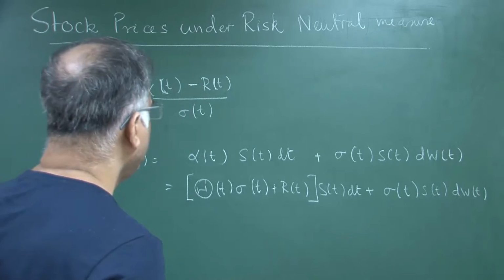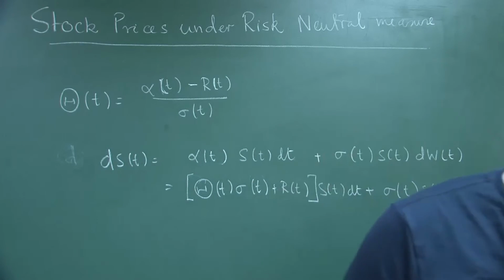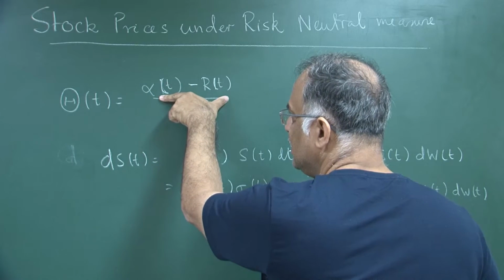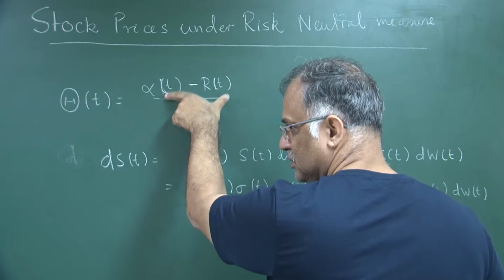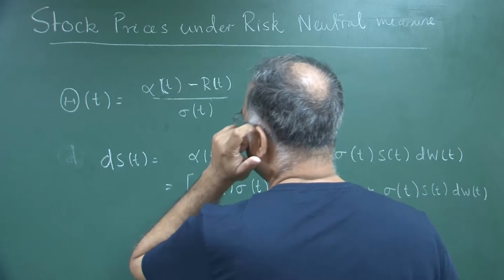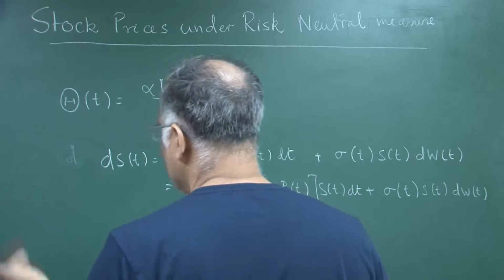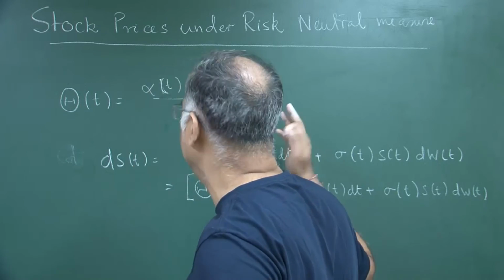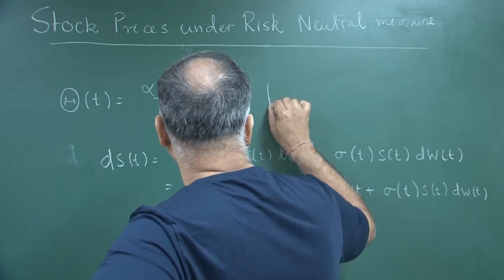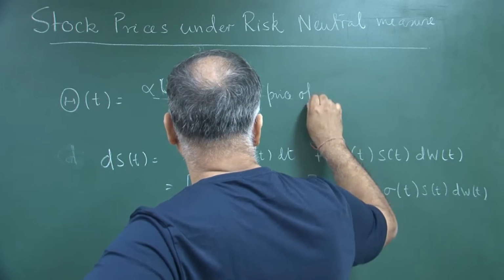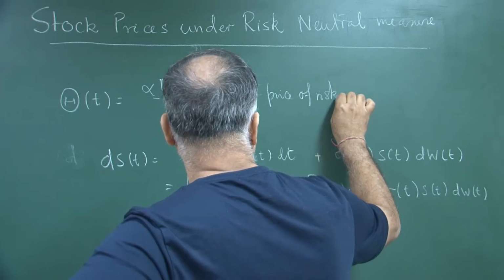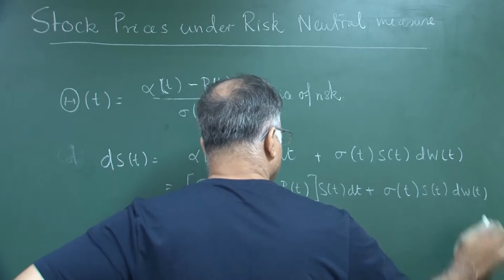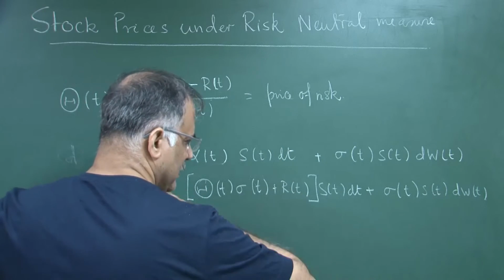So, this quantity is also called the price of risk, that if you have taken the risk of investing in the stock market, this is the price of risk, right. Suppose alpha t goes below R t, then you are losing. If alpha t is bigger than R t, you are winning, having is better. So, this quantity is called the price of risk. So, sigma t s t dw t. So, this is what